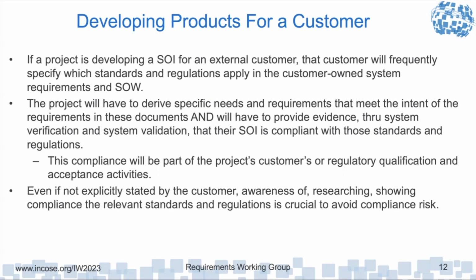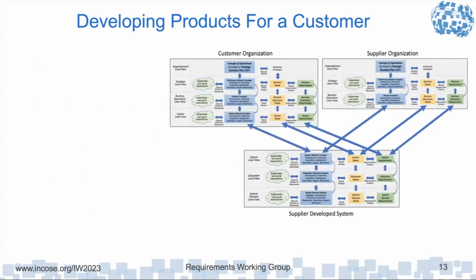Even if not explicitly stated by the customer, awareness of, researching, and showing compliance with relevant standards is crucial to avoiding compliance risk. If a system is delivered per the customer requirements but fails system validation, and the customer tries to get it approved, they're going to want to put the blame on the supplier. They'll say, you didn't cover this. And they kind of expect you to do that even if the customer left that out of their list of standards and regulations. So when you're developing products for a customer,